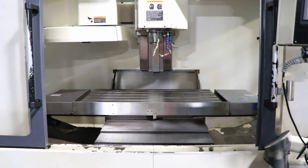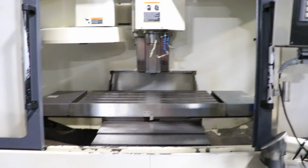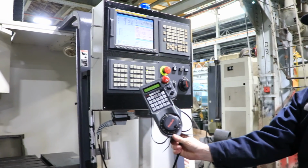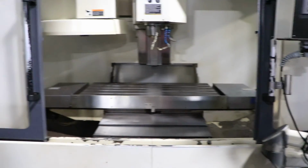Okay, you also do have a remote jog handle with the machine, with the control. You show that to him? Yeah, there you go. All right, so again, it's a FANUC